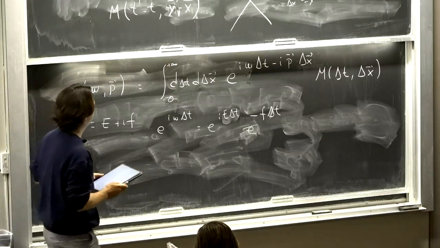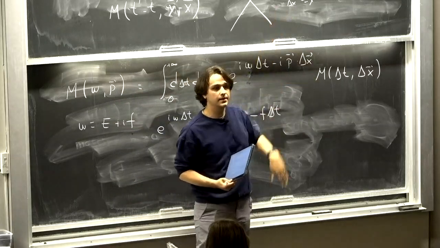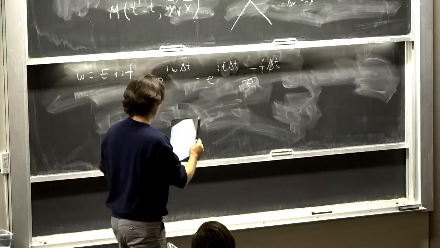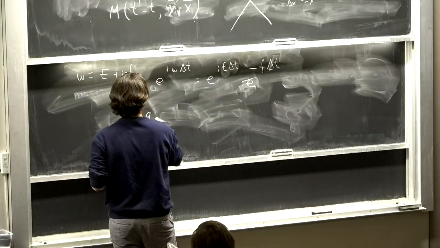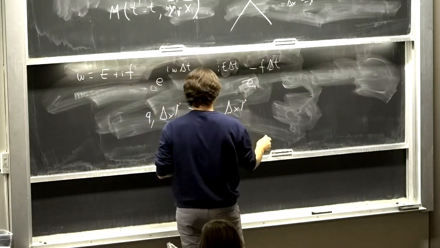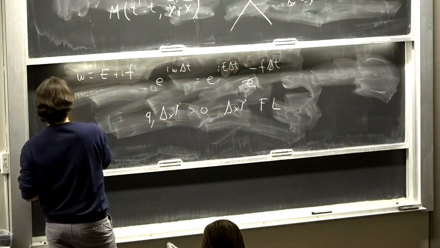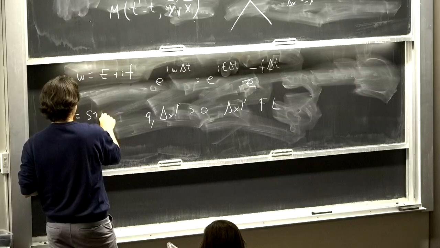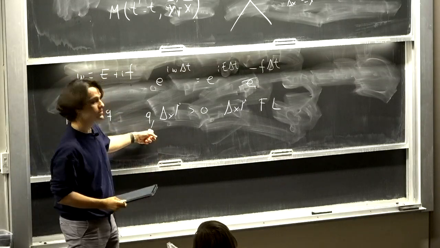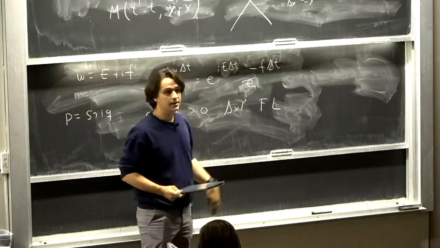Okay, and more generally, there's some cone over momentum space where you can extend this Fourier transform, right? If I write omega and p in a 4-vector, whenever q_mu delta x^mu is positive, where delta x^mu is in the future light cone, and I'm writing p as s plus i q. So I can give both energy and momentum some imaginary part q. As long as I choose this inner product to be positive, then this thing is well defined.